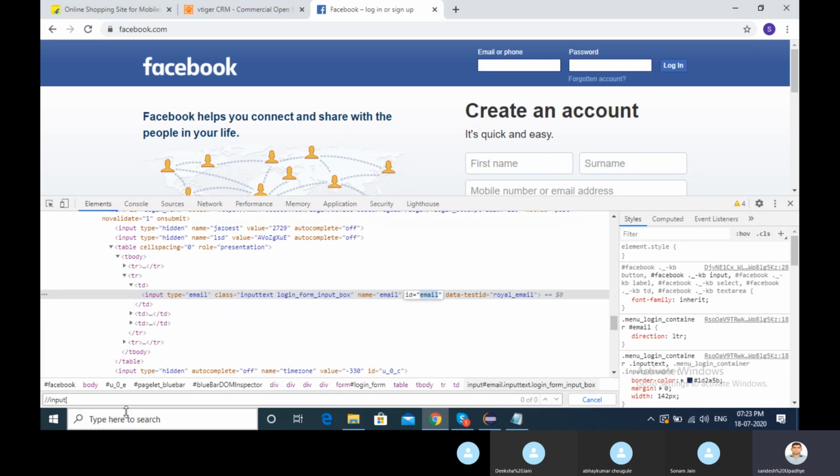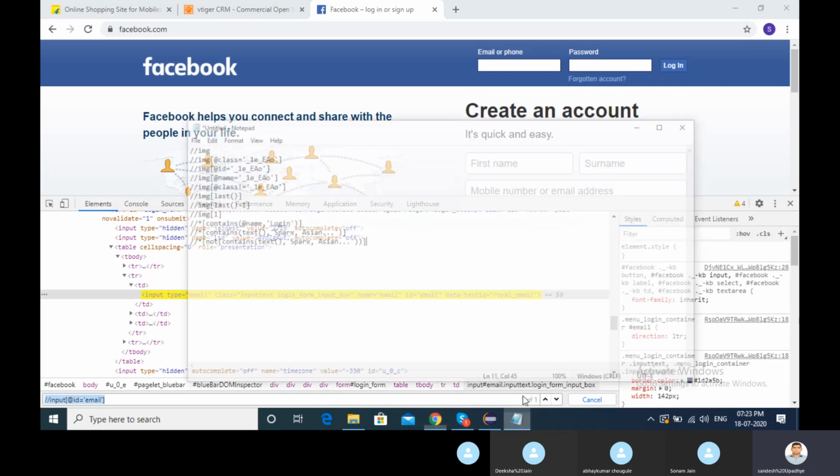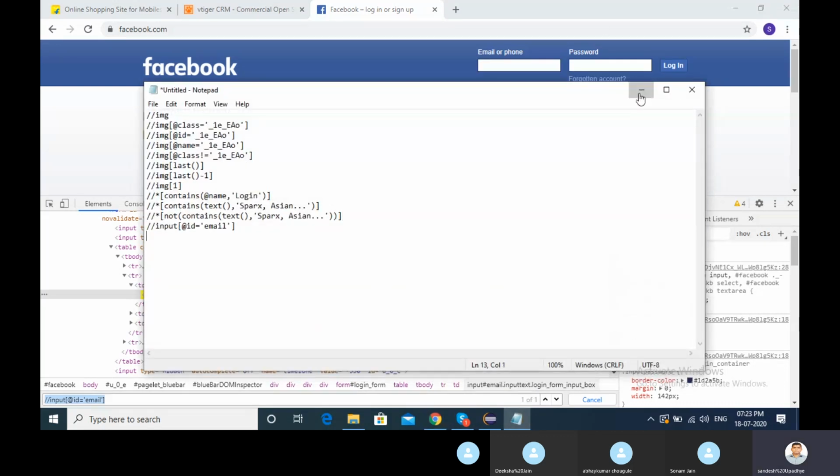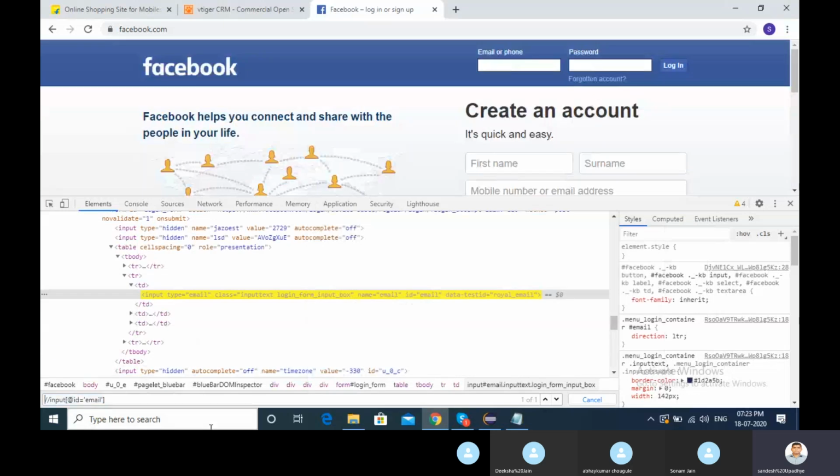First if I take ID, @id is equal to, and here if I put an and condition as well, you can increase your probability, and @name is equal to email as well, correct?